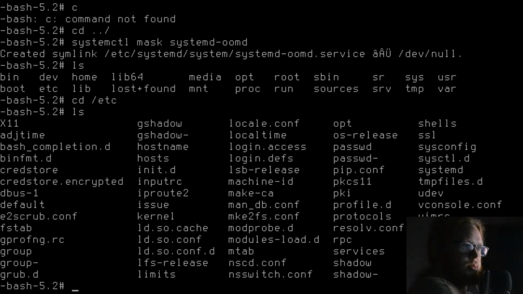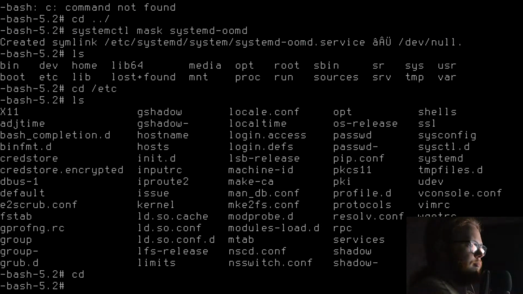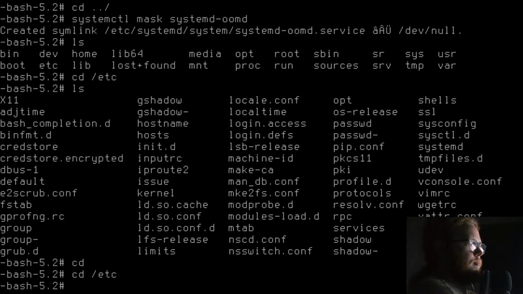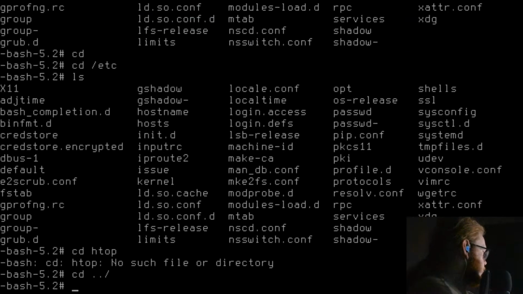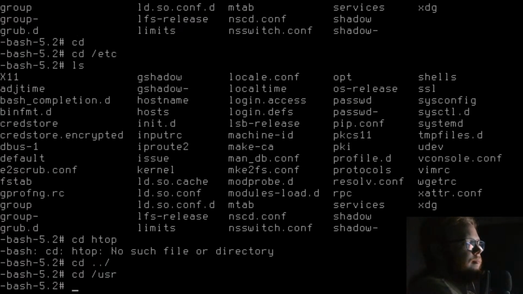Where the fuck's htop? It's etc. Good. Oh, yeah, it's a user.